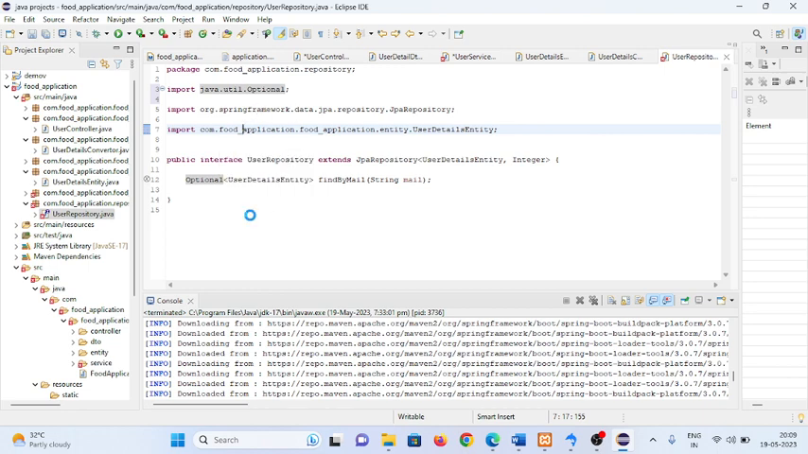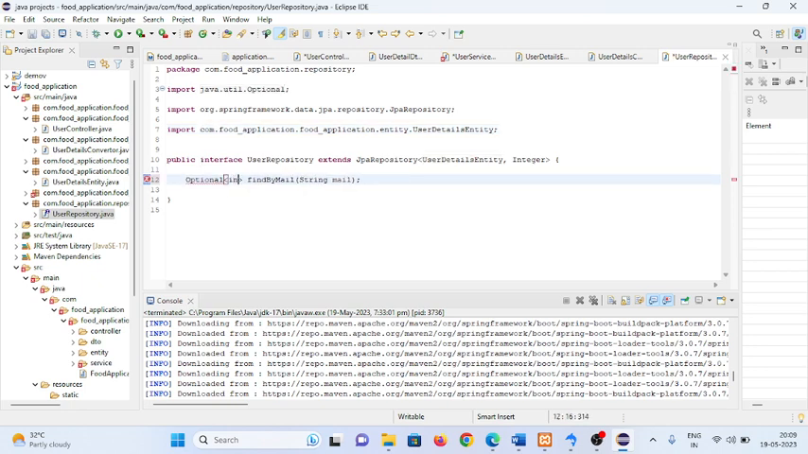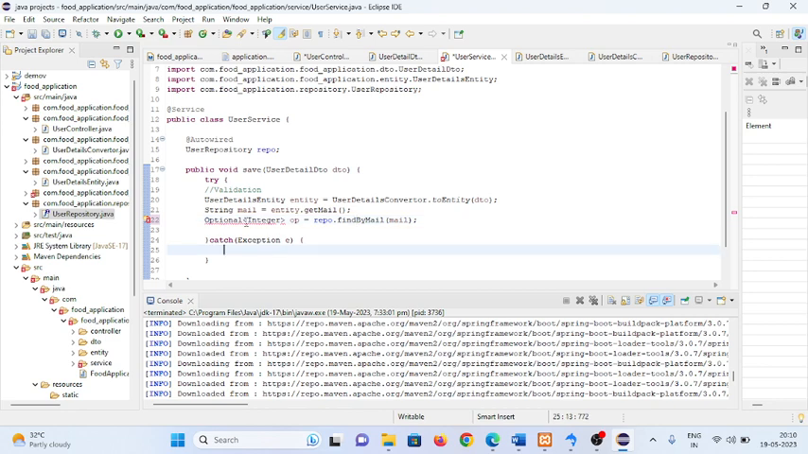Now until optional it's come. Okay, now it's fine. I'm giving integer or int. Integer means it will give the count. So now I'm taking that integer, and after that I will use it in a service. Here also it is there,